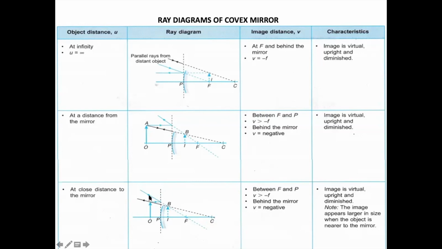Okay, and another one is, the ray passing through the center of curvature. Here, this is the center of curvature. The tip you have to take. Okay, so this size was this, and this was larger. So the image is going to become a little bit larger, but not larger than the object. It will always be smaller than the object.